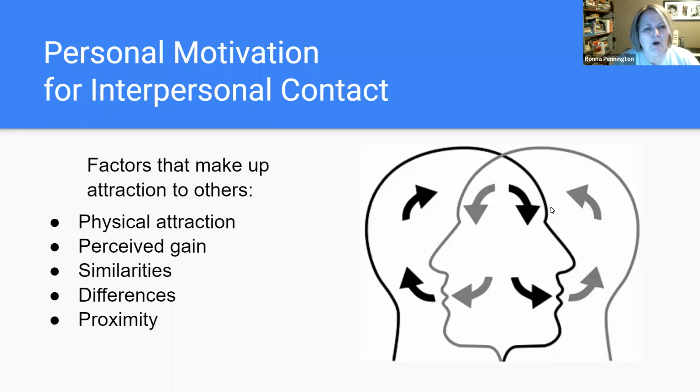So we all have different motivations for interpersonal contact. I always think back to being a kid in the lunchroom, first grade in the lunchroom. Personal motivation for interpersonal contact was not to eat lunch alone. Or sometimes, if you were the kid who always asked for my peas, you wanted to sit by me because you knew I didn't want my peas. And so that was a tangible benefit from interpersonal contact during the lunch break for first grade me. But there are other reasons that people want to make interpersonal contact.